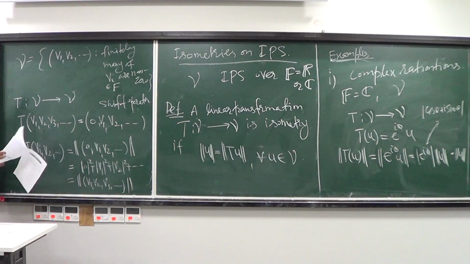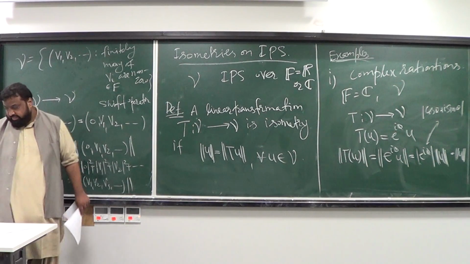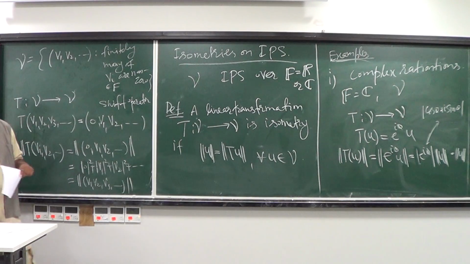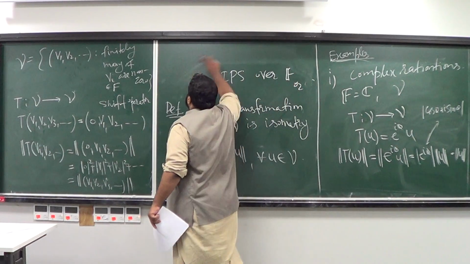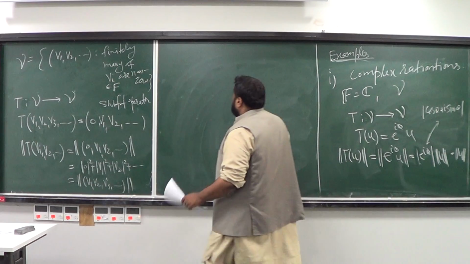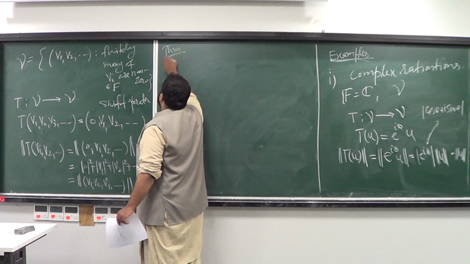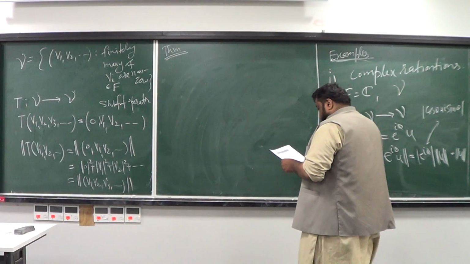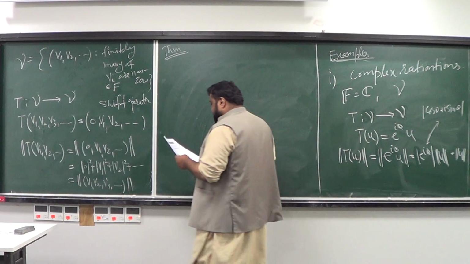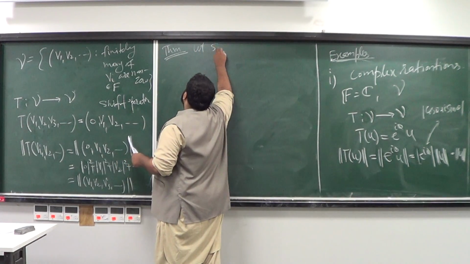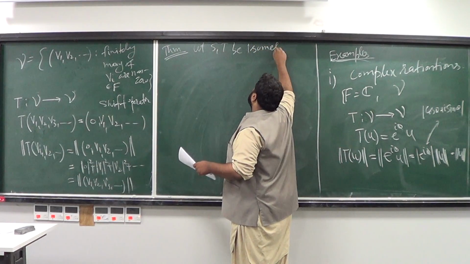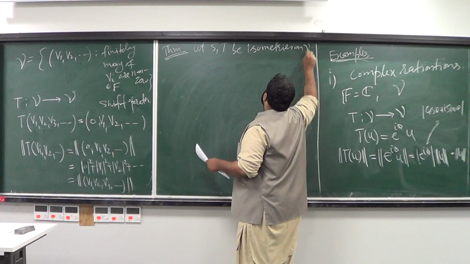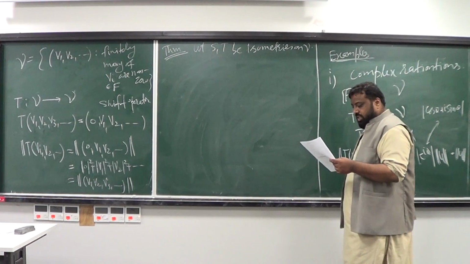What are some of the basic properties of isometries? You can do more isometries, as I said, translations and rotations, we'll talk about them in a minute, which are also isometries. Let me write the theorem, which lists some of the basic properties of isometry. It says: let S and T be isometries. So these are isometries on V, that is, isometries from V to V. Then